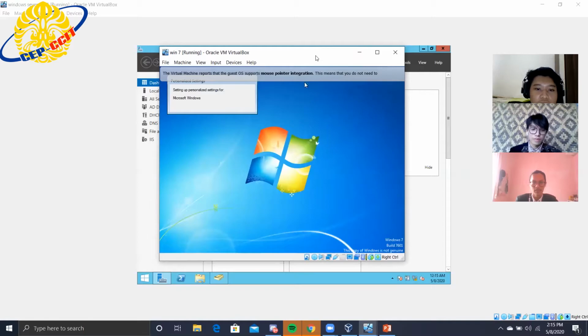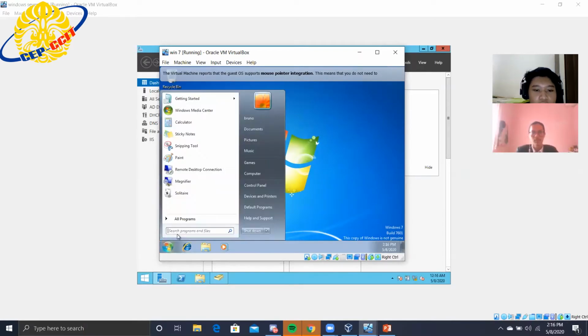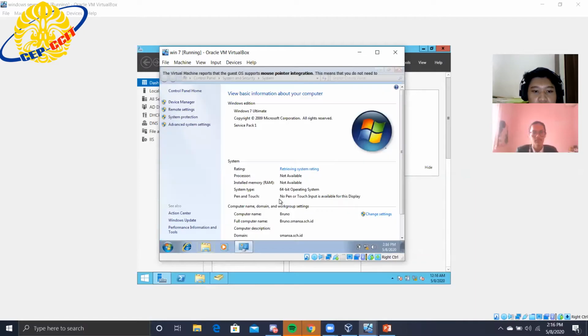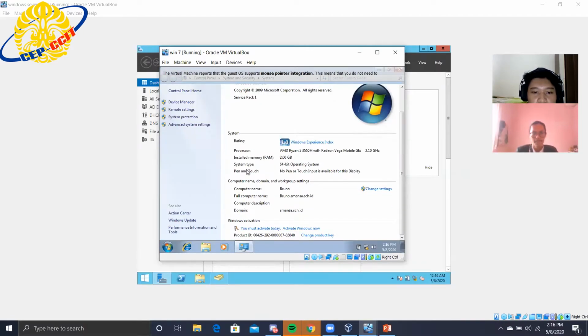Wait until Windows starts up. Now go to the computer properties again. Check. This Active Directory is successfully logged in with the user.